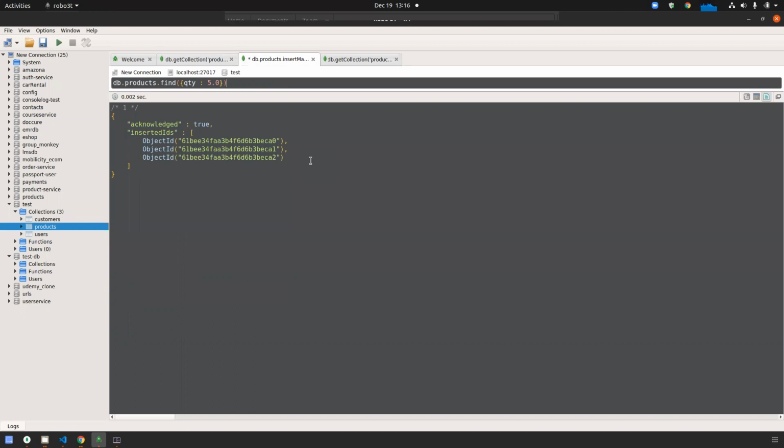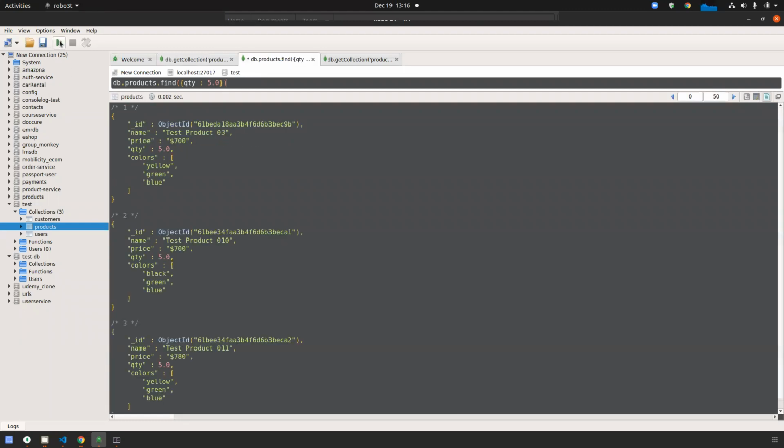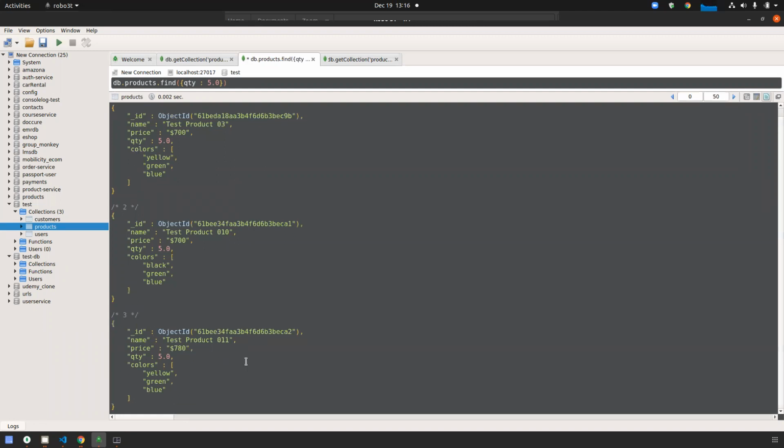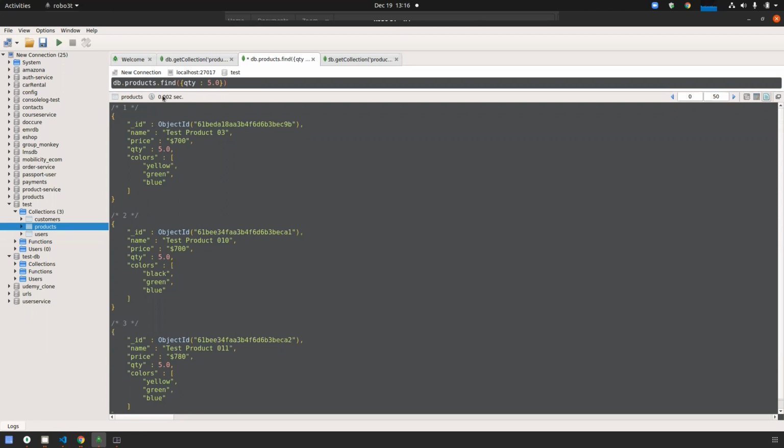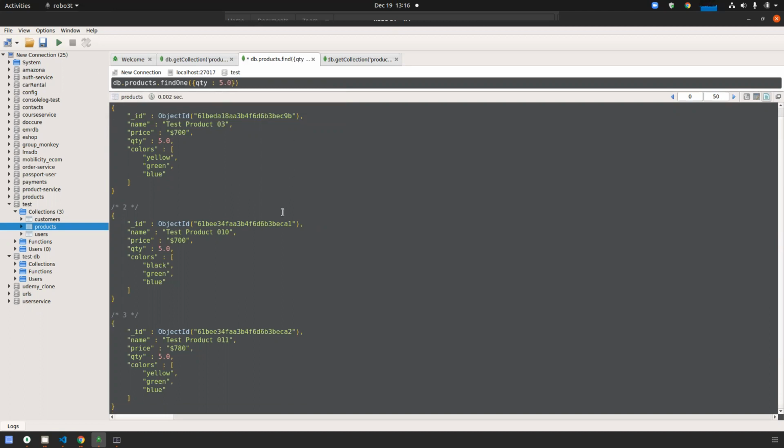Now we have more than one record which have quantity 5. See, 1, 2, 3. Now there are 3 results. But if you are using findOne, then it will return the first one only. Only the first one.